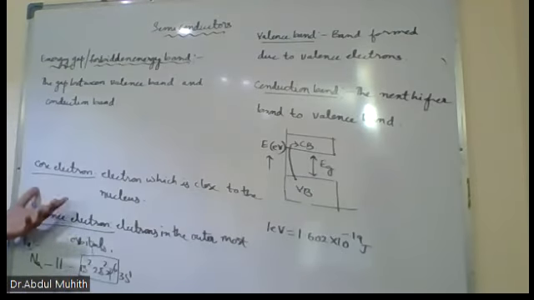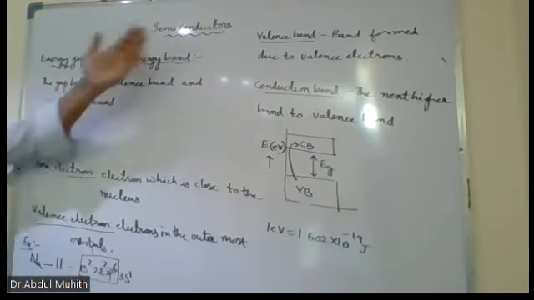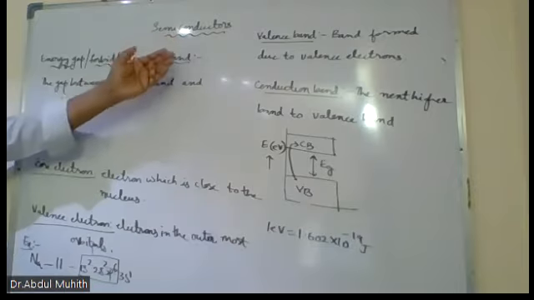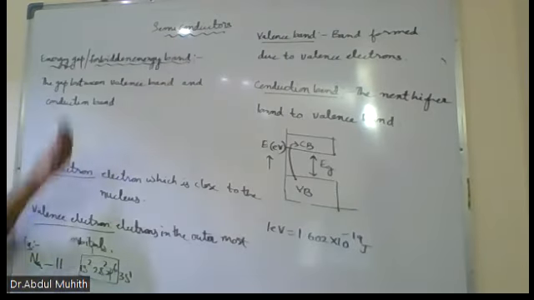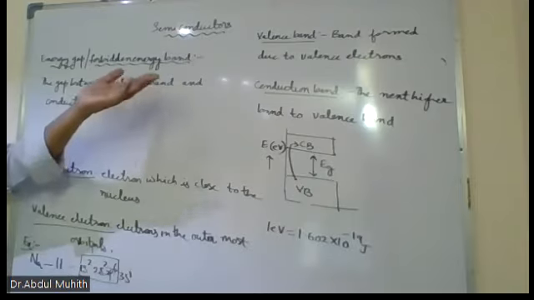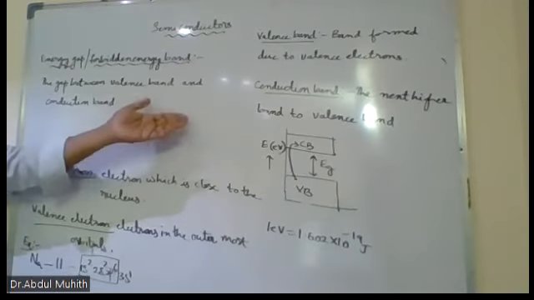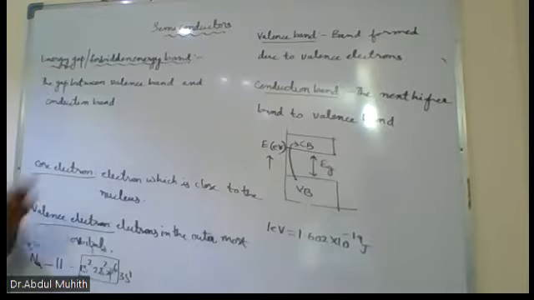What is core electron? Electron which is close to the nucleus, and valence electron, electrons in the outermost orbitals, is said to be valence electron. Because if I take 1 gram of material, there can be millions of atoms. So instead of saying million valence electrons, we are saying a band. A band formed due to the valence electrons is said to be valence band, and the next higher band to valence band, where the conduction takes place,